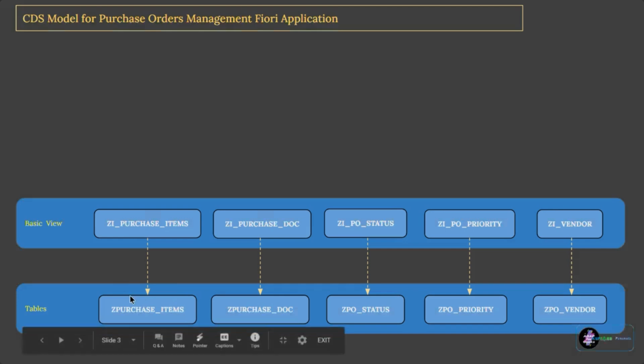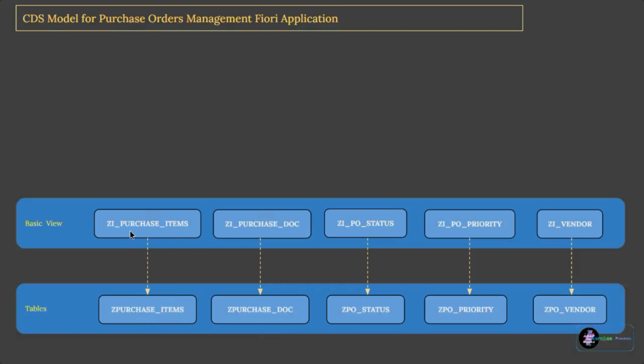So in the basic view, let's say you created a purchase document, PO underscore document. There is a field, okay, in this particular table. PO doc is something which is not a convenient way to read, right?